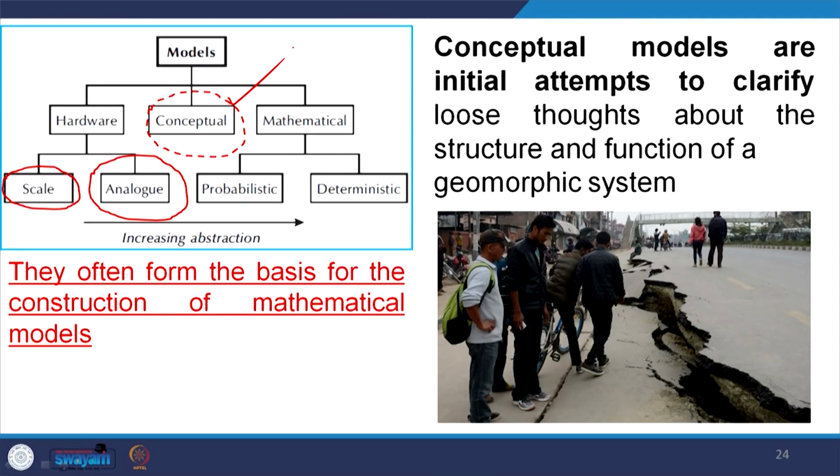Another model is the conceptual model that we have discussed already. Conceptual model means that by looking at a problem, different concepts and different possibilities come to our mind. We create some conceptual models by looking at the problem, and that conceptual model has to be verified and supported through quantification by mathematics. That means it is a mathematical model.